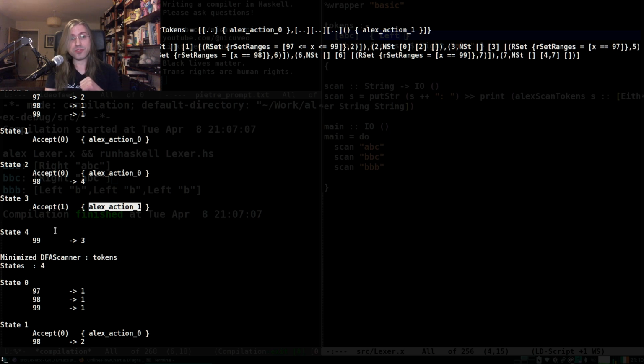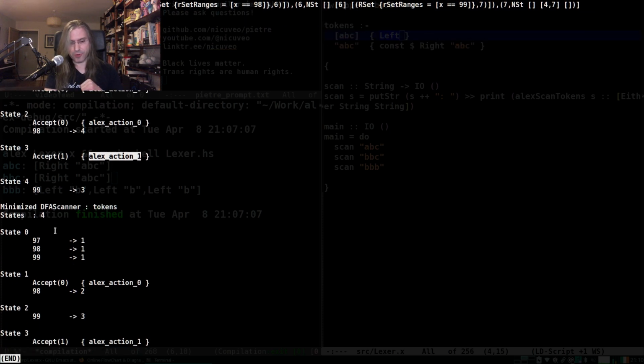And if we look at the reduced version, state 0 on A or B or C, we go to state 1. And state 1 is accept if we don't continue matching, which is the left case that we expect. And if we match a B, go to state 2. If we match a C, go to state 3, and then accept the ABC. The problem is this replicates the bug. If we start with a C, and then we have BC or BBC, we consider it the same as if we had ABC.